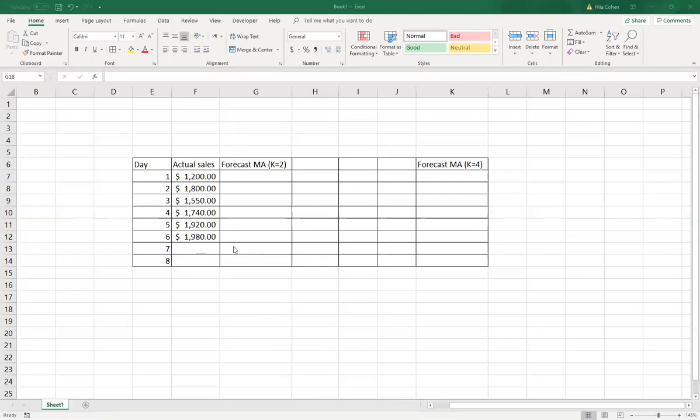So first of all, using moving average k equal 2, I will click equal and basically add the last two actual values and average them. I'm using the simple calculation just to illustrate the formula, but you can also use the average function. If I copy this down, what we'll see is that